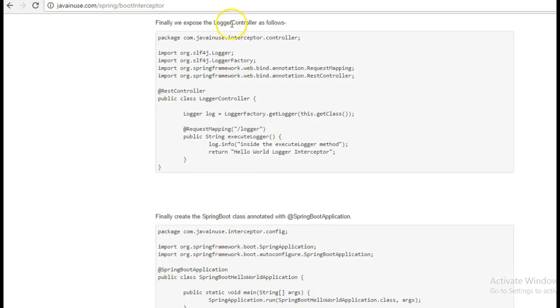Next we'll be creating the LoggerController class where we'll be exposing a REST web API.